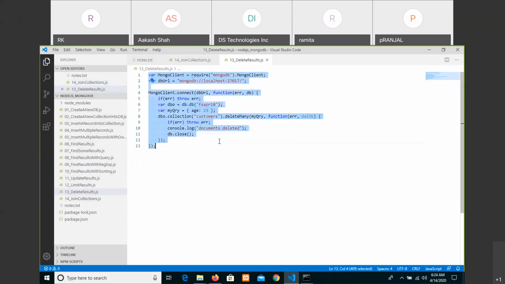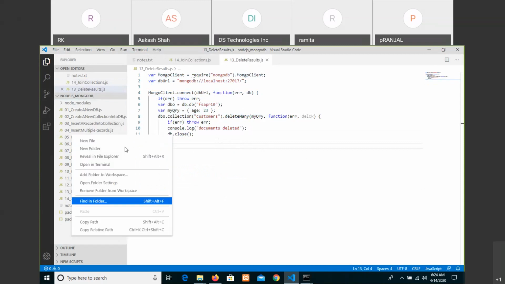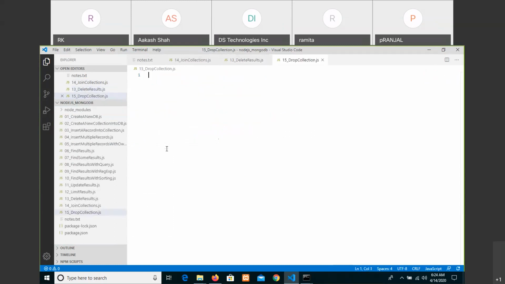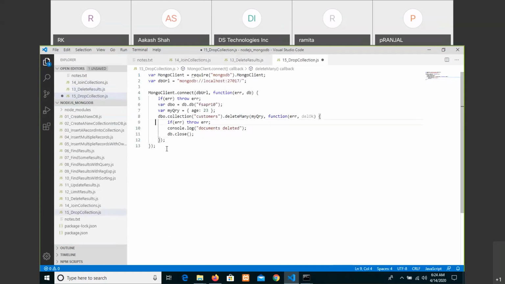Drop collection. And of course, when you are dropping a total collection, it does not require anything.